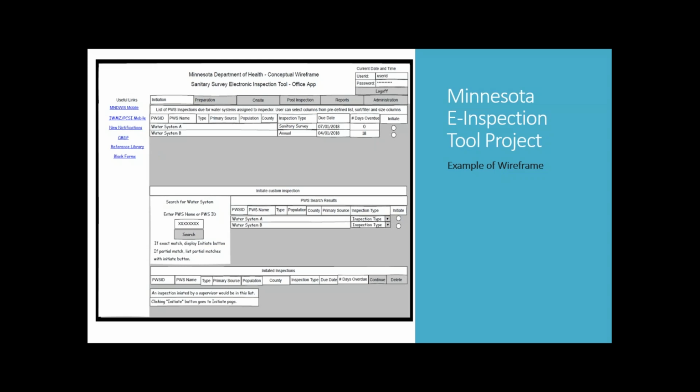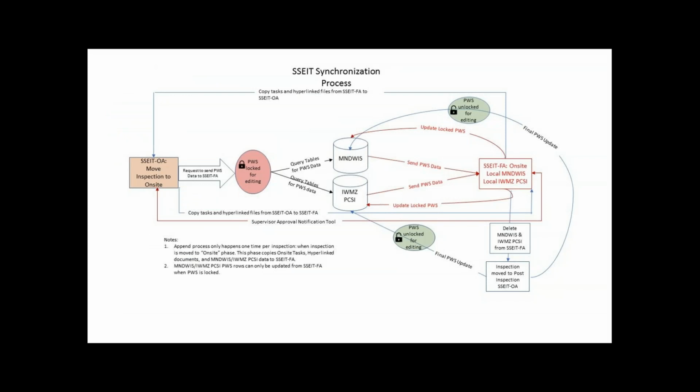So we realized we needed some kind of an overarching synchronization process that we could flag visually. So we created another graphic that helps them identify where the inputs come in, where the information is going, and who are the parties that need to see it. And again, more detail than you need to see or more than should be on a slide, but we just wanted you to understand that that was part of this requirements gathering.